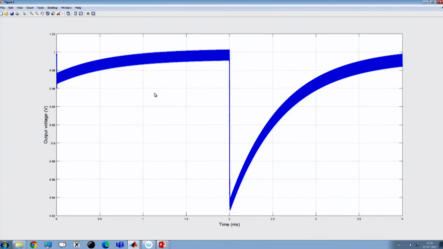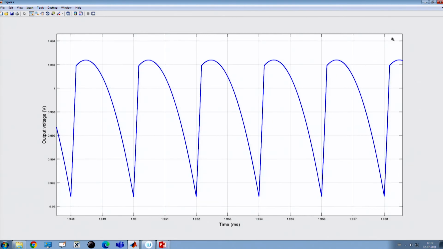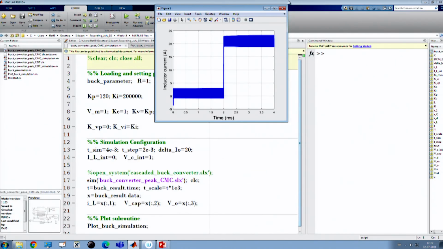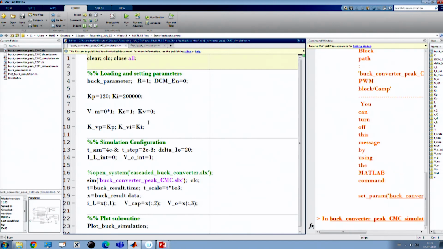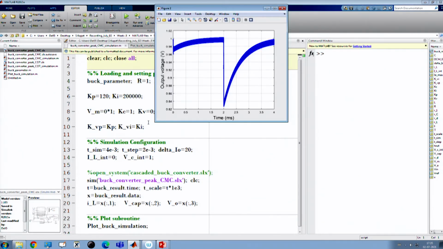And they are exactly identical because they overlap with each other. Okay. But in current mode control, suppose we do not incorporate ramp, suppose we set ramp to be 0, and in current mode control we set this to be 1, this to be Kp, and let us run it for current mode control. Okay. So, here we are not considering any ramp.